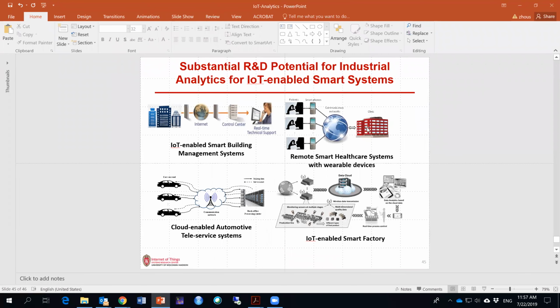So here is the summary of this webinar. Essentially, I believe the Internet of Things is the emerging technology, the foundation driver for Industry 4.0. There are a lot of research opportunities in IoT-enabled data analytics and IoT-enabled engineering problems. I encourage the people in the quality, statistics and reliability division to pay attention to this direction and try to contribute to this area. Okay, thank you for your attention.